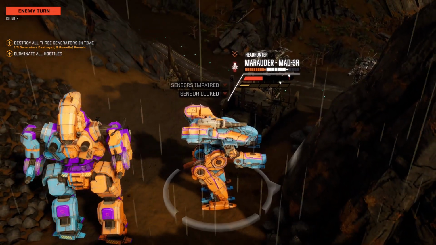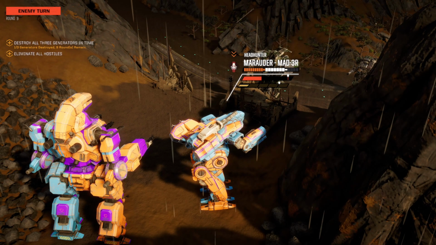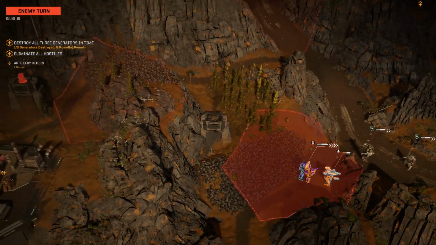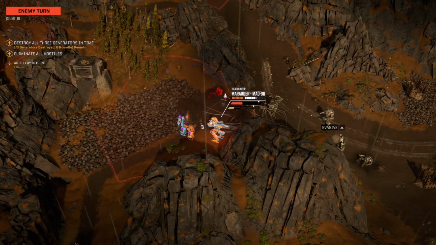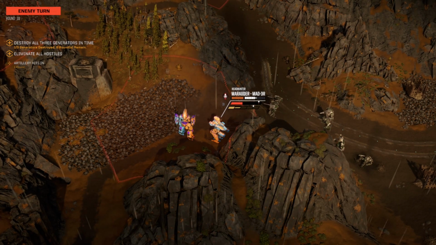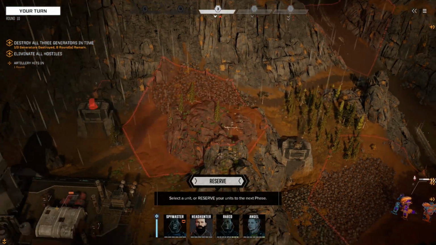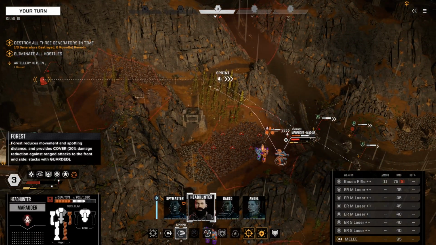Oh, and what's coming our way? No? Nothing else? Okay. I'm taking internal damage. I'm sorry there, buddy. We're gonna get you going. Oh, what the heck? Alright, more artillery. This is annoying. Orders. Alright, we need to get you out of there. We're gonna go...